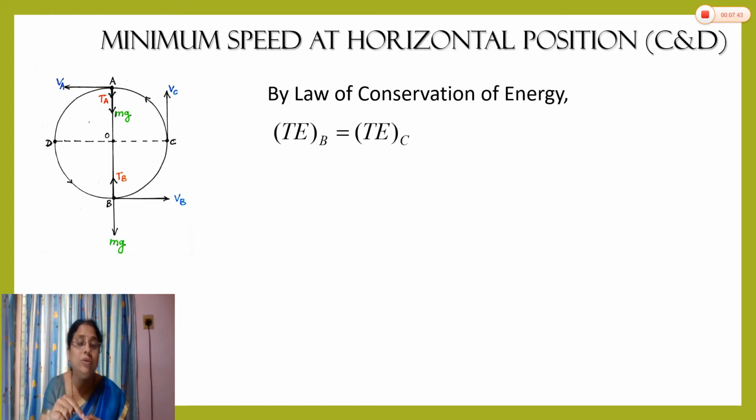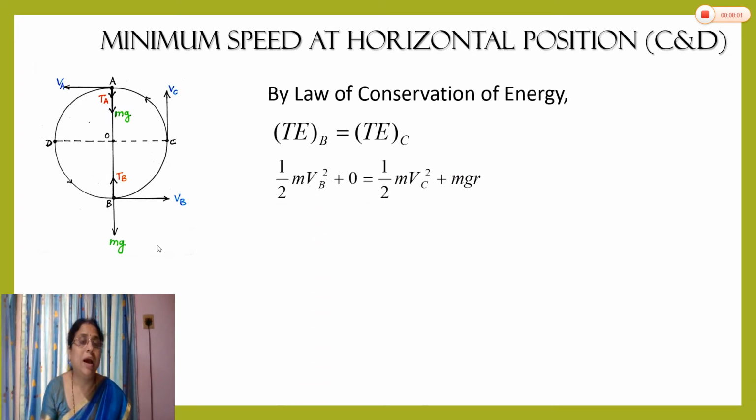H is equal to 0. So at the lowermost point, the potential energy is 0. Always remember that. And that's why at the lowermost point, the total energy is equal to kinetic energy. And that's why the velocity is maximum. Now, the next equation we can write half m vb square plus 0, means kinetic energy plus potential energy, and we know the potential energy at this point B is 0.